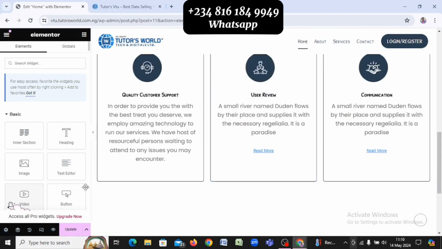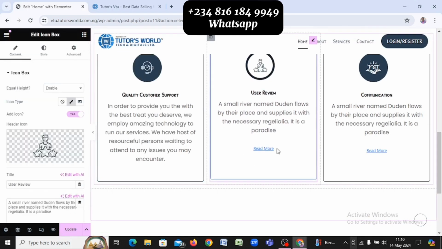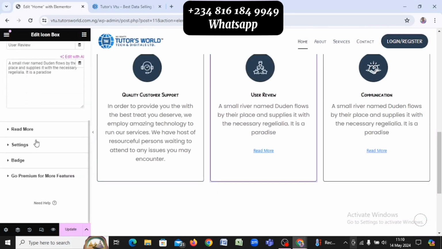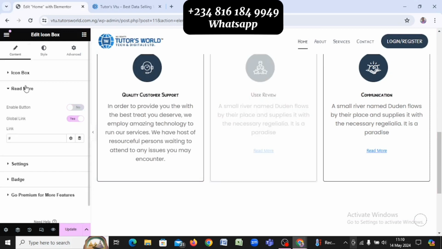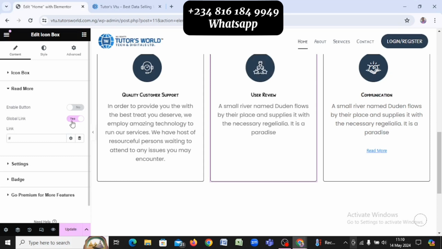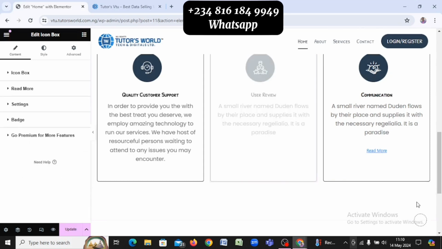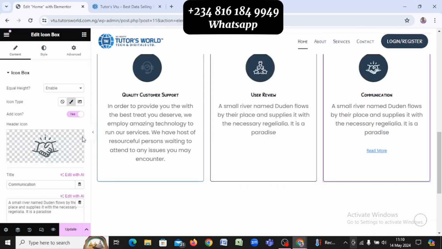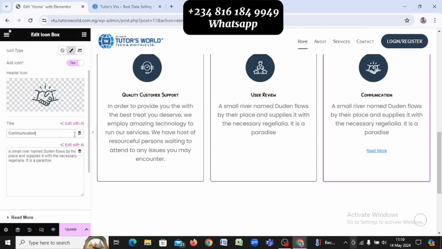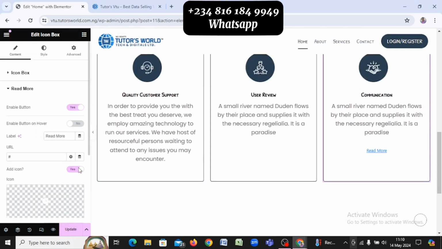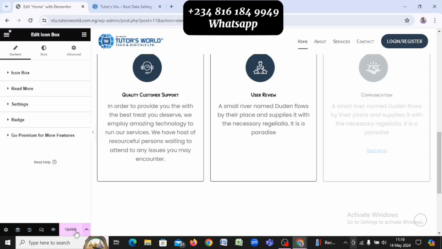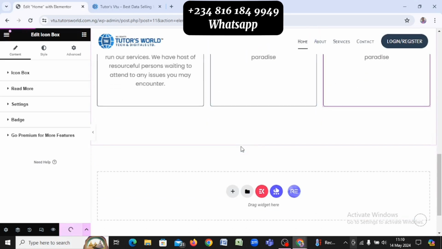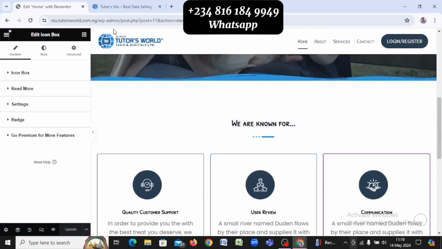So now that I have that, I want to remove the read more of this. Remove read more, and remove global link as well. That's what you also do for this. Remove read more, remove enable button, and remove this. So if you click on updates, now if you refresh your page,